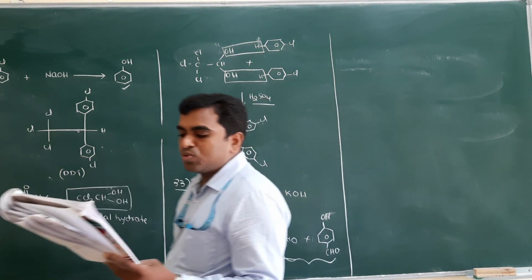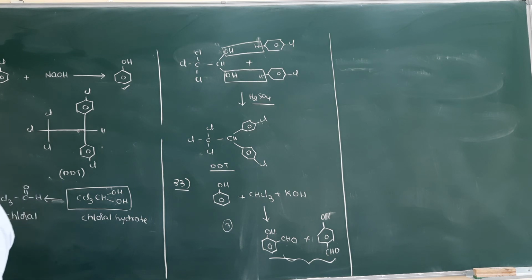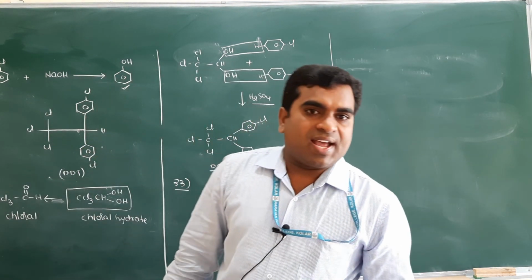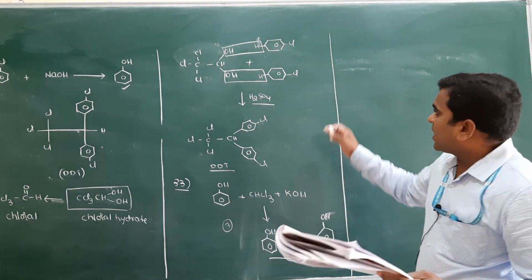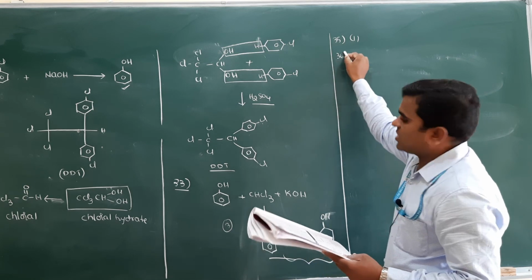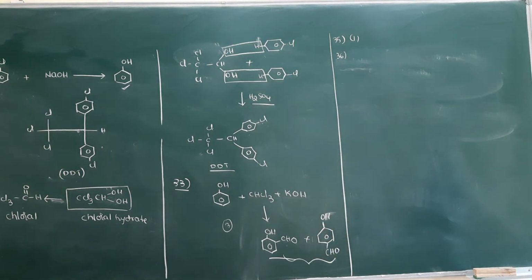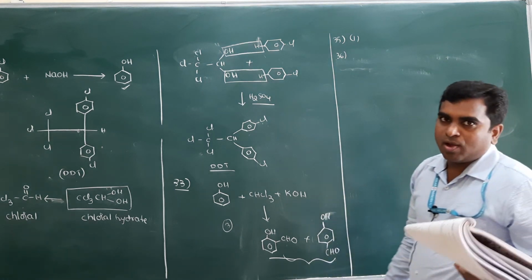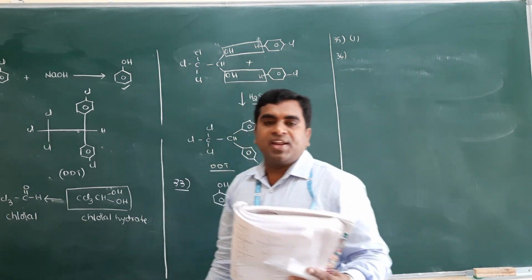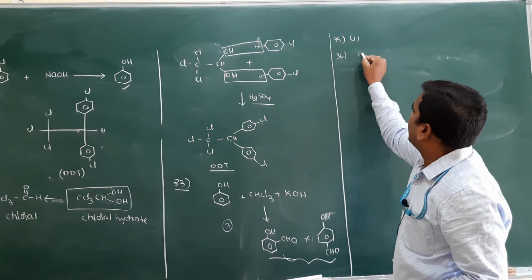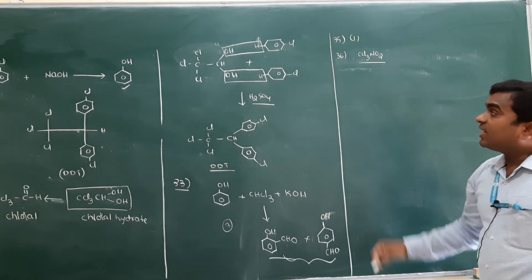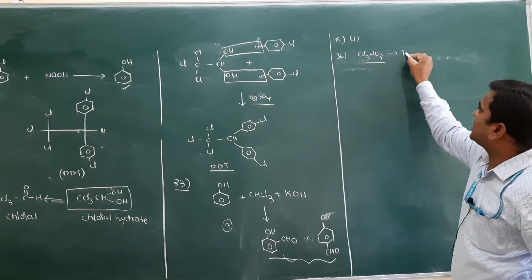What is the reagent used for testing fluoride ion in water? It is there in the first year only. Alizarin S is the correct option. Option 1 is the correct one. Next one, chloropicrin is used as a... I already mentioned phosgene, COCl2, and chloropicrin. What is the formula of chloropicrin? Trichloronitromethane, CCl3NO2.